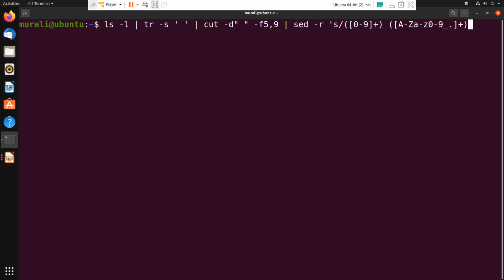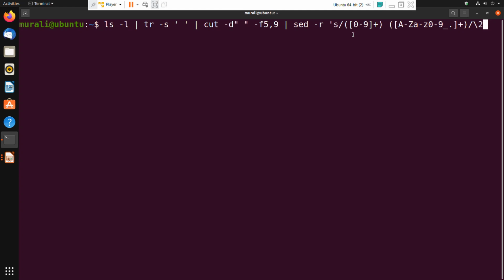Then slash. Now I want to specify what I want to substitute by. I want to swap them, basically. I want the name of the file to come first and the size of the file to come second. So I use \2, because the name of the file is stored in \2, the second bracket. With -f 5,9, the 5th field is the size of the file and the 9th field is the name of the file.